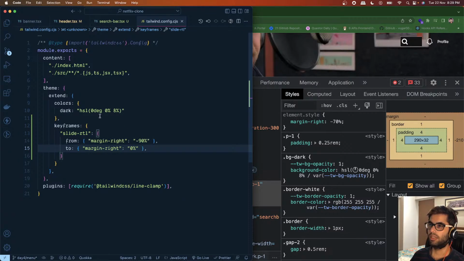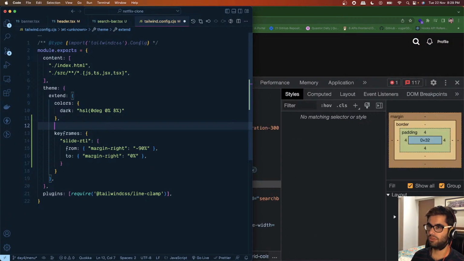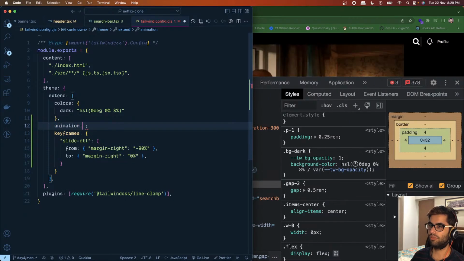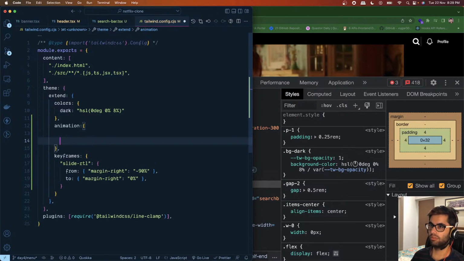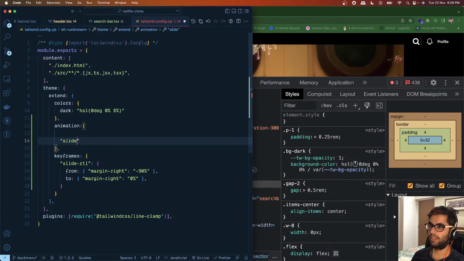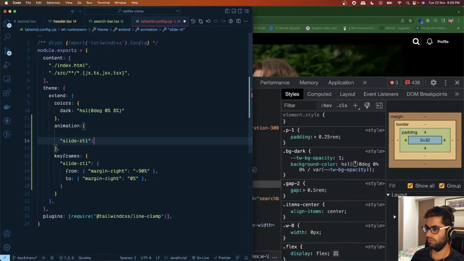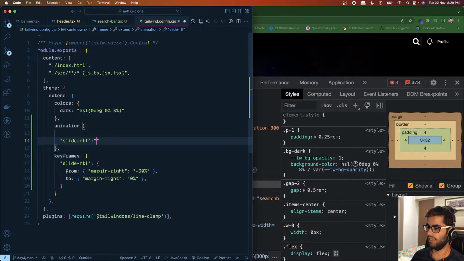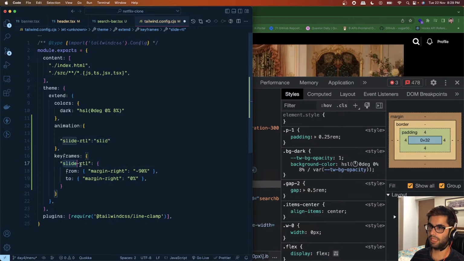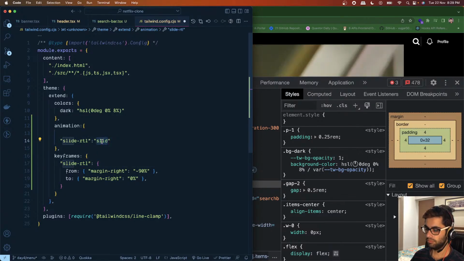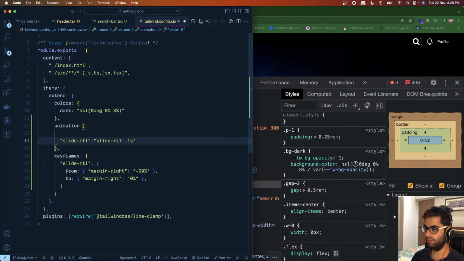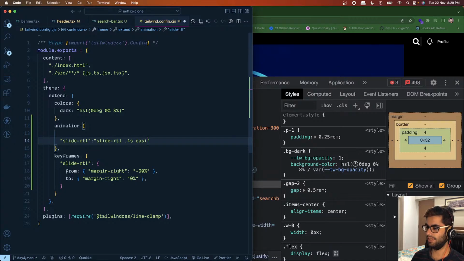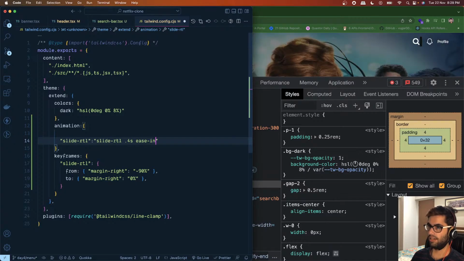All right, and then to use this animation, we will use the animation object, and here we will define a new animation. So we'll say slide right to left, and here we will say it's using this keyframe basically, and the duration of the animation is 0.4 seconds, and we'll say ease in and out. Okay,